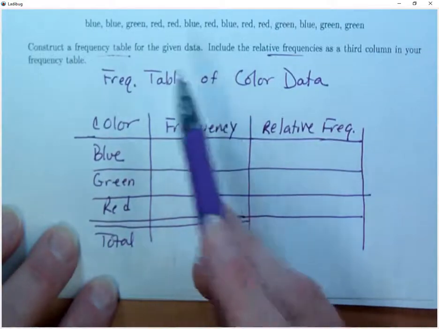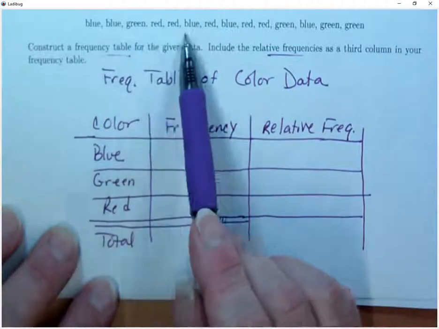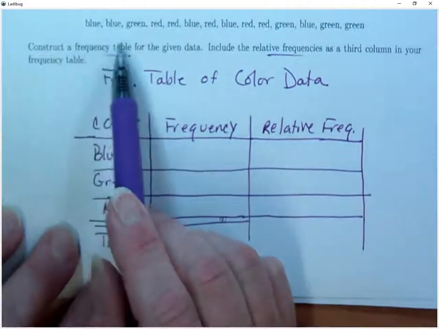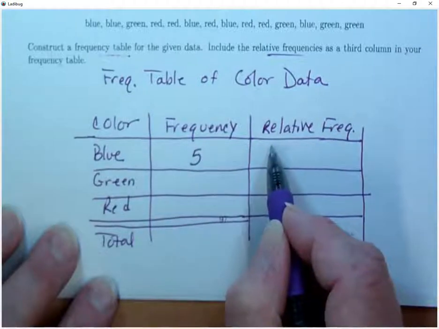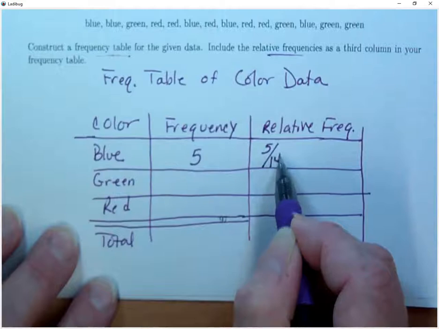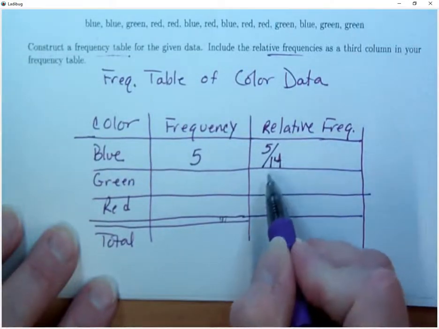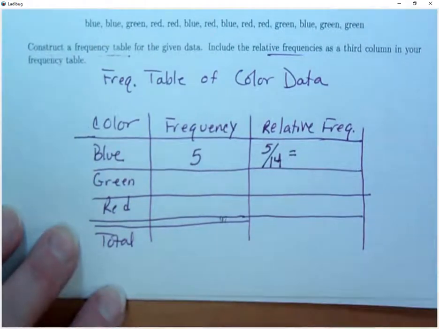Okay, so if you count them up, we have 14 total data values, and for instance blue, if I count up all my blue, I get 5, and then the relative frequency would be 5 over 14, and I could write that as a reduced fraction, which it is, or I could write it as